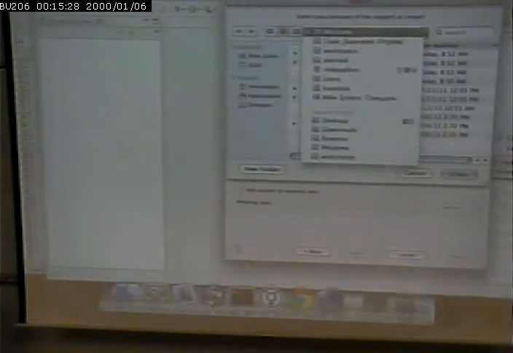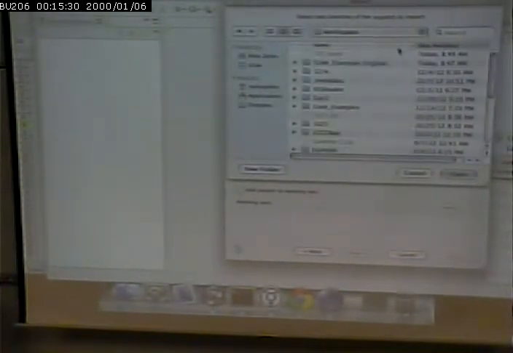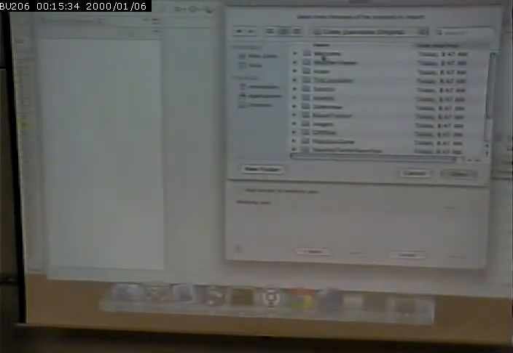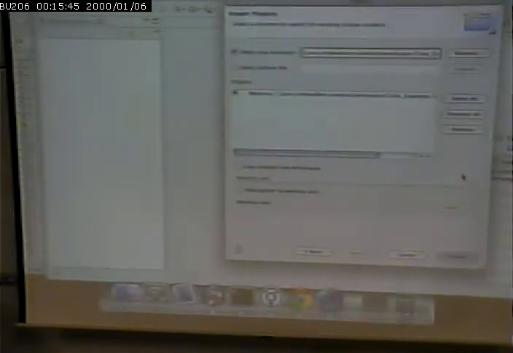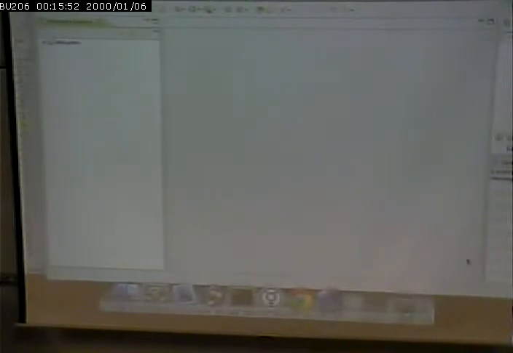I kind of cheated because I did this before, but here's my workspace. I put my code examples in that folder, and I can pick the one that I want, which is simply the Welcome Hello World application. Click Open. And Finish. And it will go through the process of importing that application. All right. Now to install it and run it,